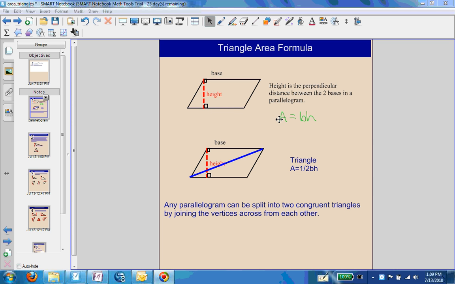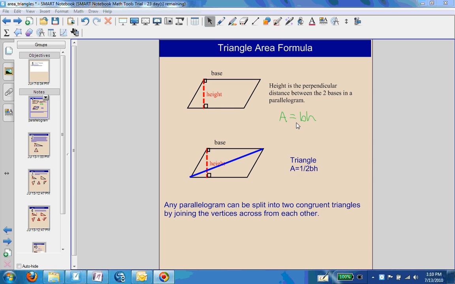The area of a parallelogram is determined by multiplying the base length of your parallelogram times the height of the parallelogram. The height is the perpendicular distance between the bases, and the bases are the parallel sides. So this top line is a base, and this bottom line is a base, and then the line that connects them that's perpendicular to both of them is referred to as the height. So if you multiply one of the bases times the height that it's perpendicular to, you'll get the area of